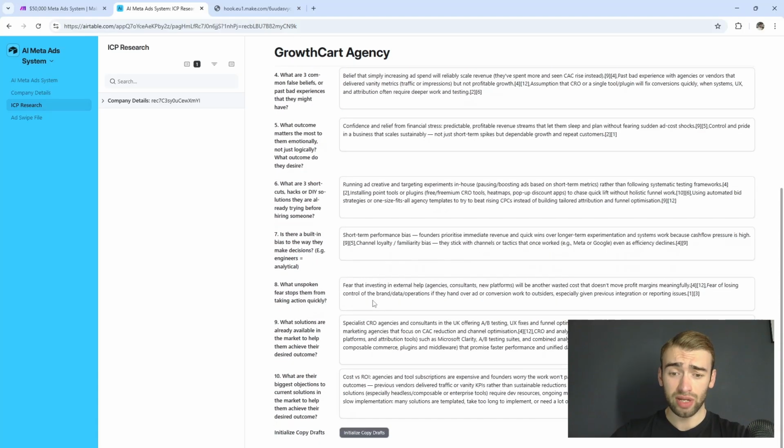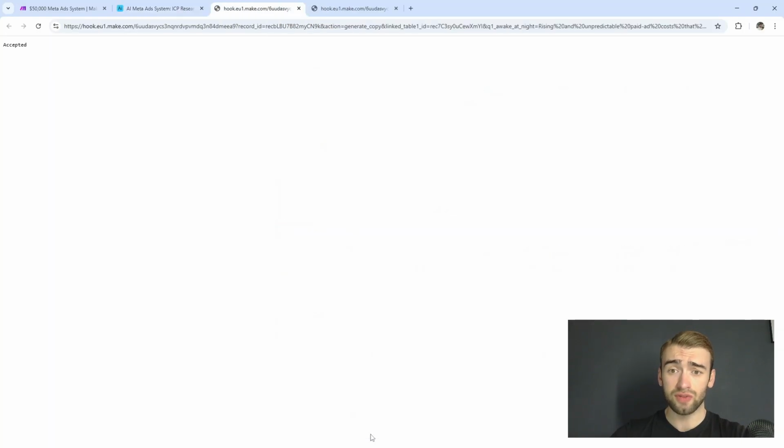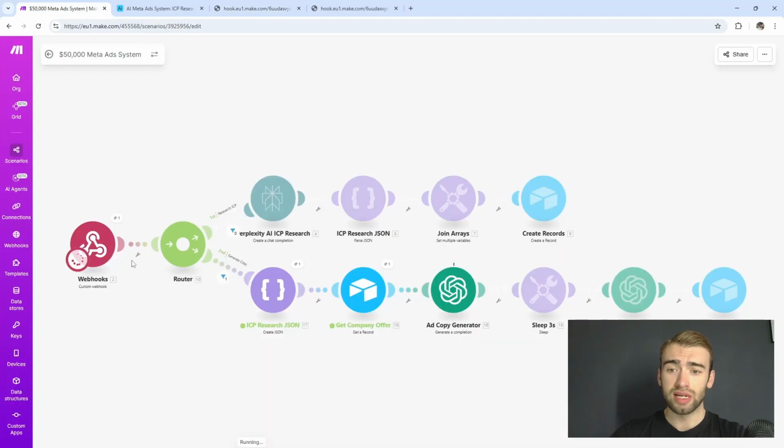So if I come down here and just click initialize copy drafts, what you can see is that's gone ahead and triggered the automation down this path. You can see the payload has come through. So what that's going to do is we're first going to use a ChatGPT model to actually generate the ad copy. And once the ad copy has been generated, we're then going to use another ChatGPT model to actually generate